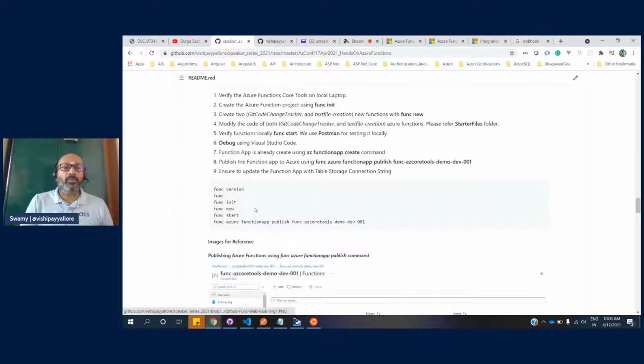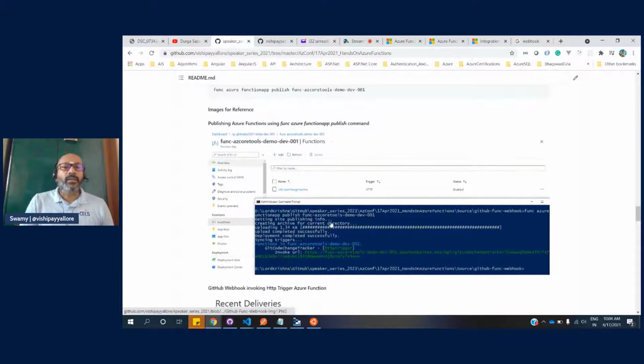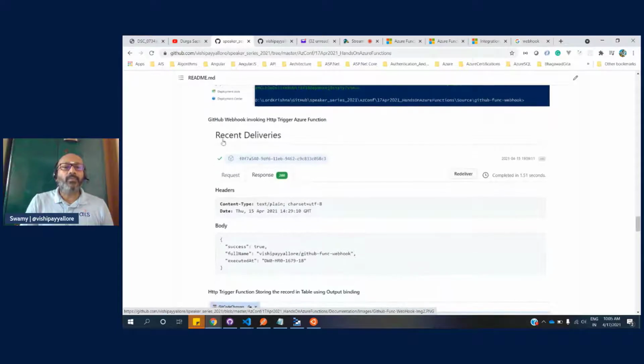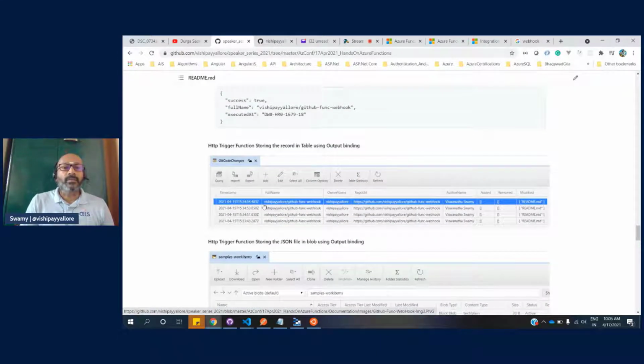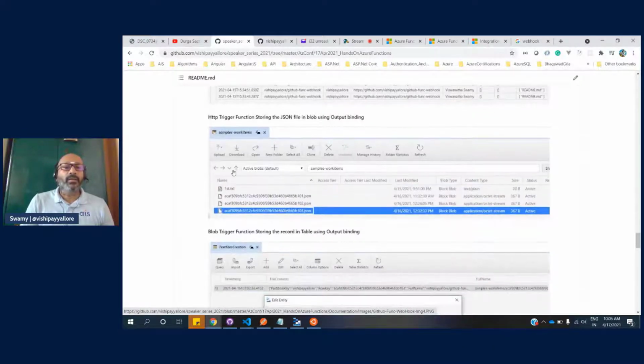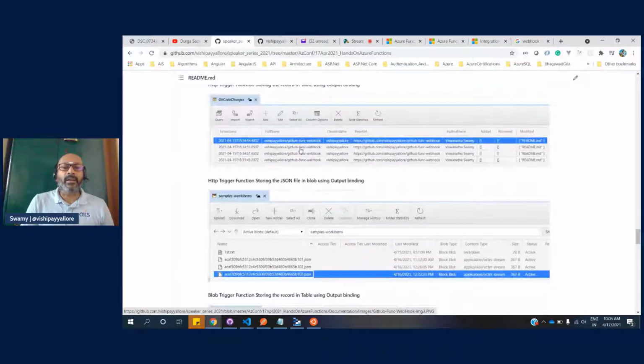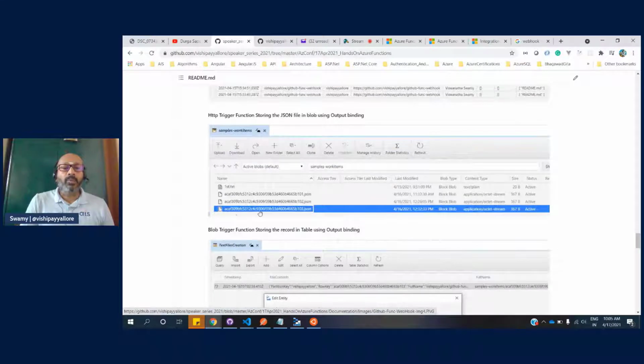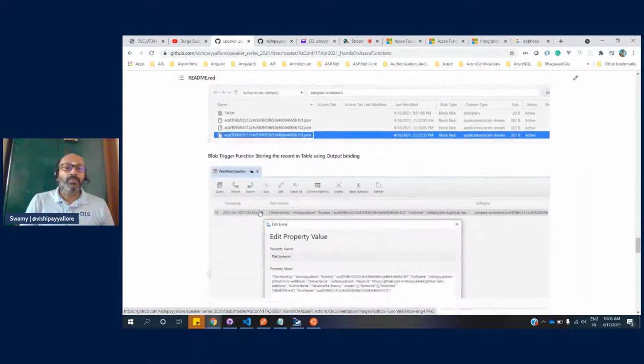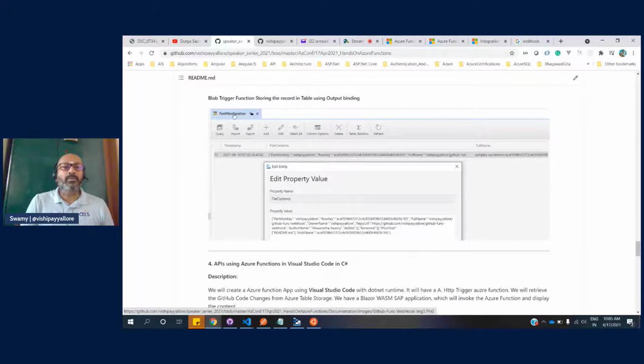And we'll use a lot of function core tools here. So we'll see how we can deploy this to the function app, and we'll see how GitHub sends the information once we modify or do something. And this is a storage table which is there in our storage. And the moment we write a record, the other thing, we'll drop a blob inside the blob storage, and then that goes. This is a second function as part of the function chain. This is the second function which gets triggered and writes the value into another table.